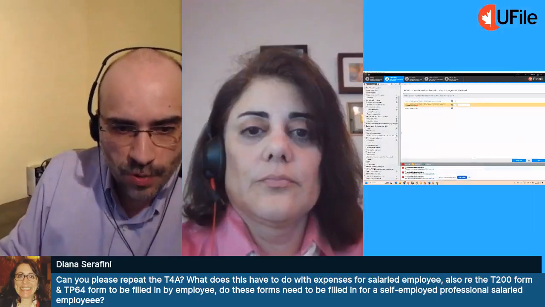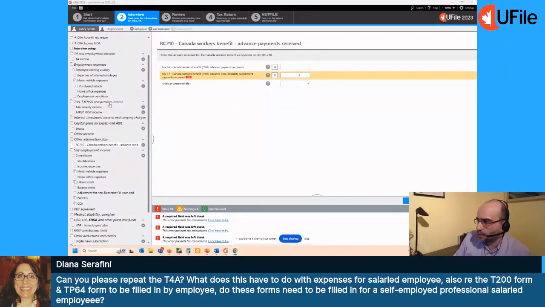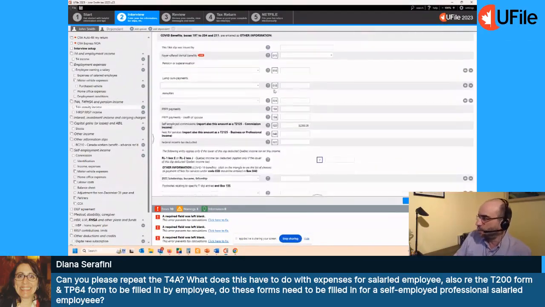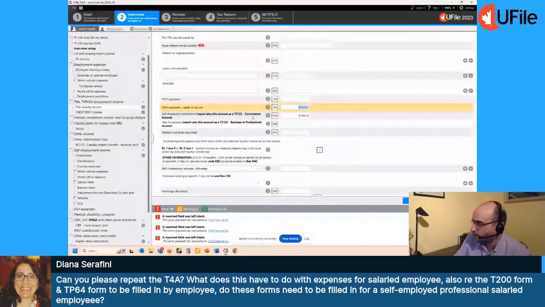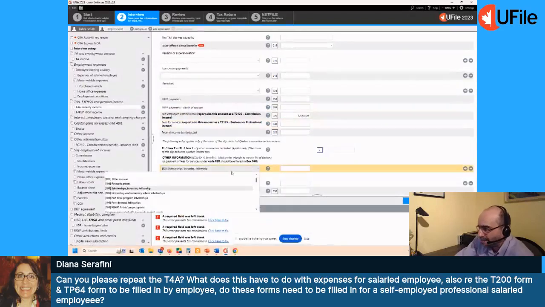So what you would do within the software is, within the T4A slip, you would have a box number here. Either it's box 20 or box 48, or it could also be in 28. It could also be as other income as well.